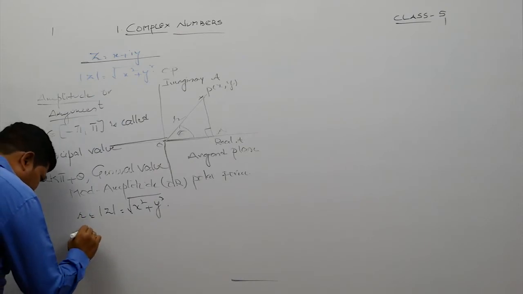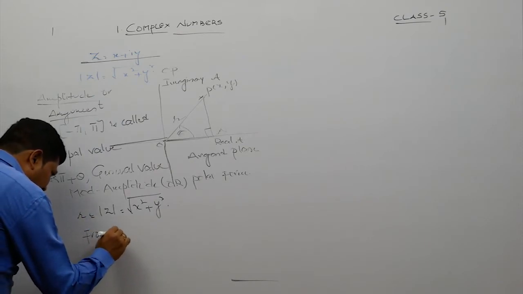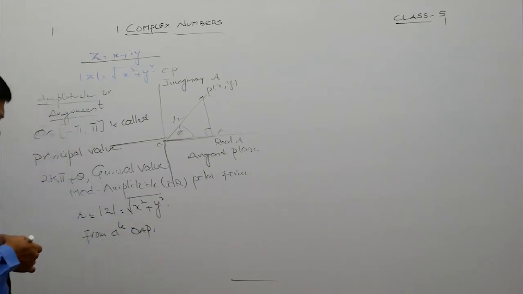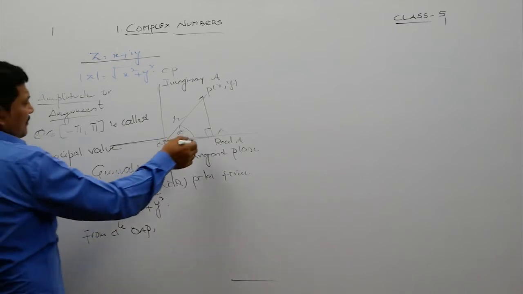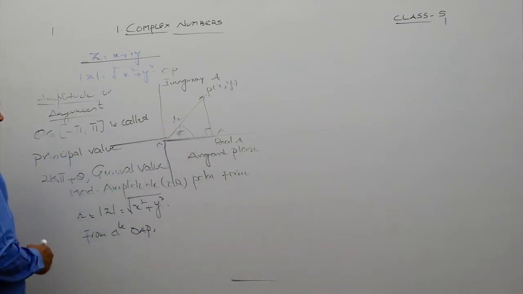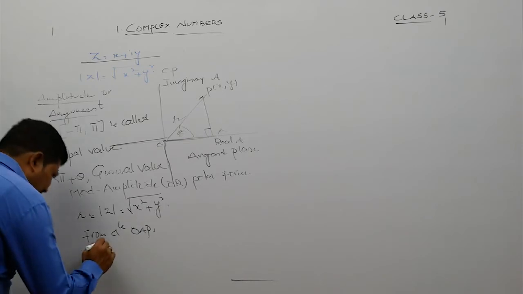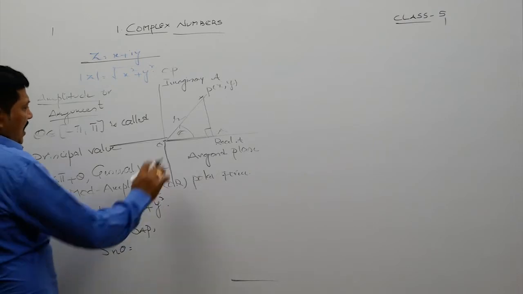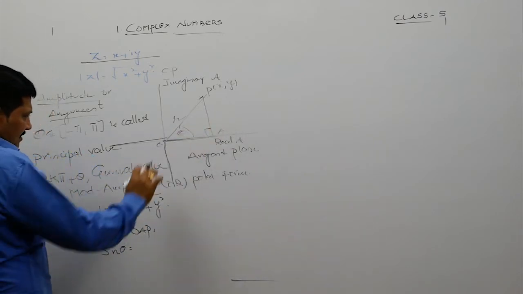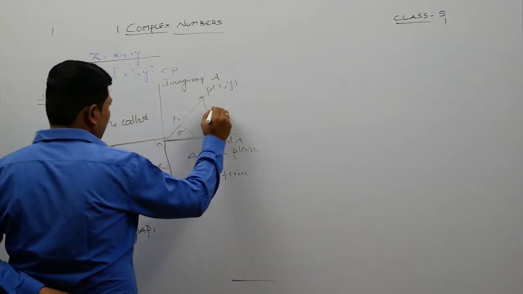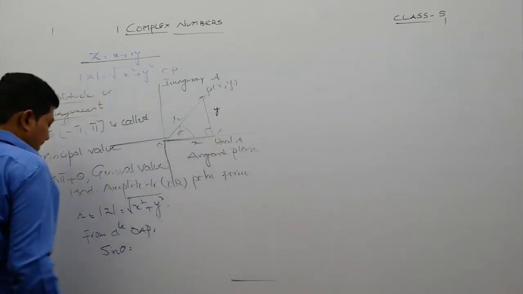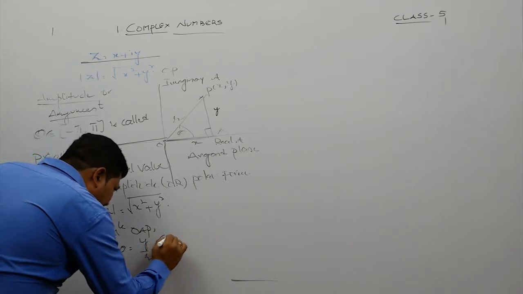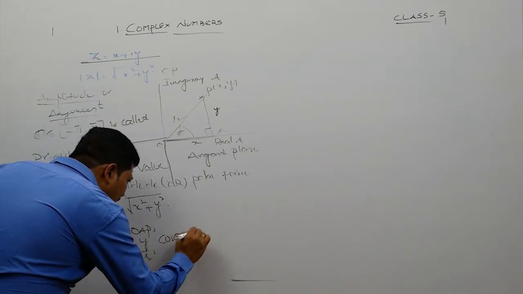Now look at there, from triangle OAP, you can know in first year you are having the trigonometric functions. First of all, we define sin theta. So sin theta is equal to opposite side to theta by hypotenuse, and most importantly this is y and this is x. Sin theta is equal to y by r. Again by the same triangle, cos theta is equal to x by r.